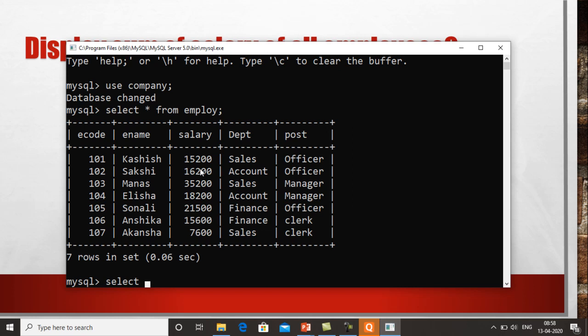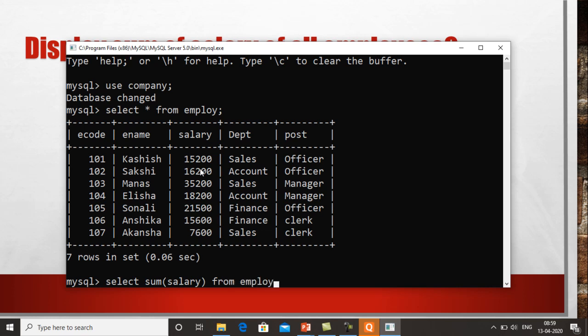I want to display the total salary of all the employees, and to find the total in MySQL we have a predefined function named sum. We have to find the sum of salary, so we write the name of that field within the brackets. So: select sum(salary) from employee.